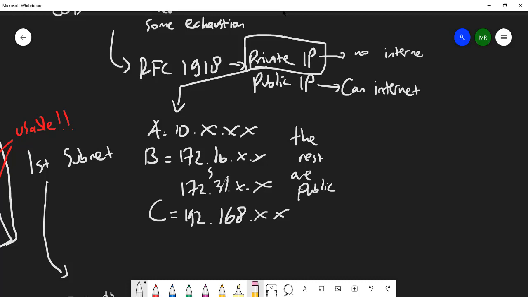Now the question is how a private IP such as our IP address can connect to the internet. The answer is NAT, Network Address Translation configuration, which happens to be long enough that we'll explain it in the next video.